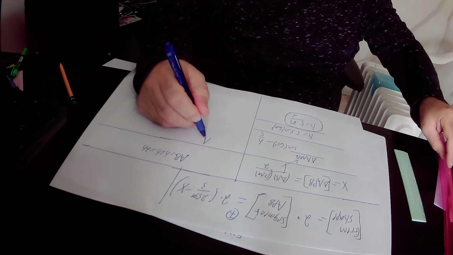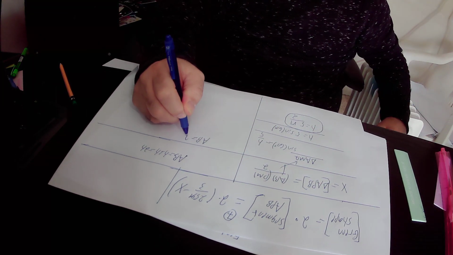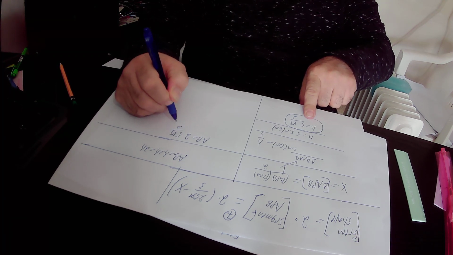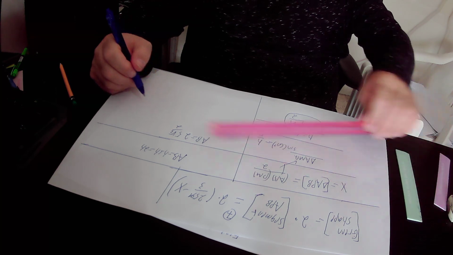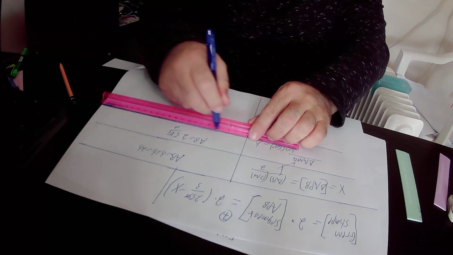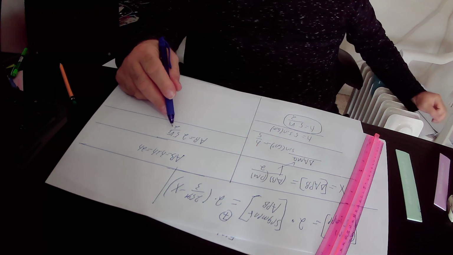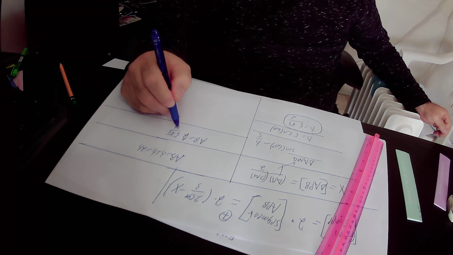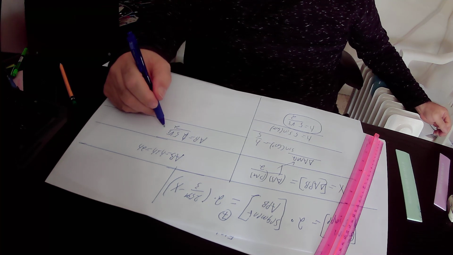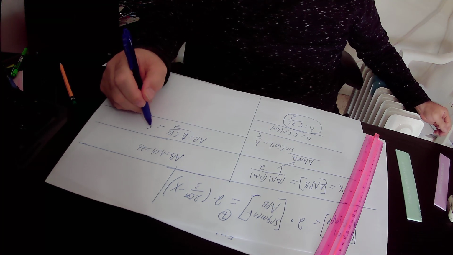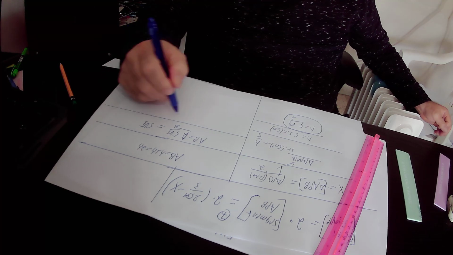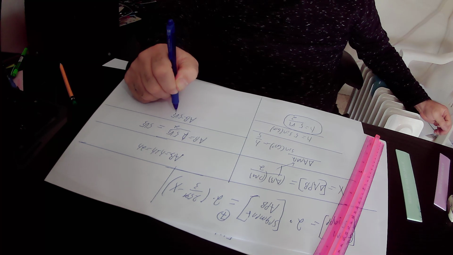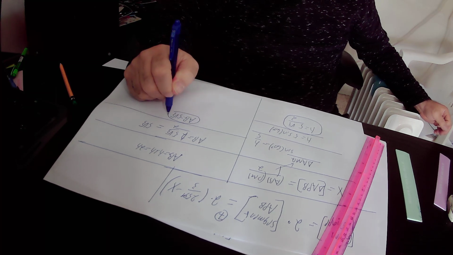So AB equals 2 times H, and H is 5 times square root of 3 over 2. So in conclusion, AB equals 2 times 5 times square root of 3 over 2. So 2 over 2 is 1, the 2 gets cancelled. And we found out that AB equals 5 times square root of 3 units. I'll write it here: AB equals 5 times square root of 3 units, and therefore